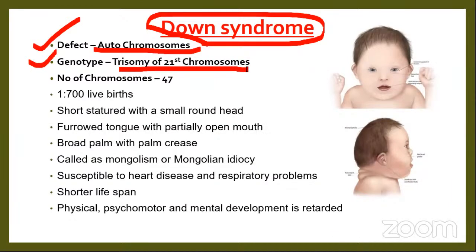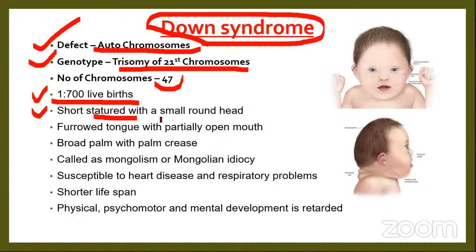That means one more chromosome is added to the 21st chromosome. Since there is an addition of a chromosome, the number of chromosomes will be 47. It usually occurs in 1 in 700 live births, and under this condition we can see certain symptoms like